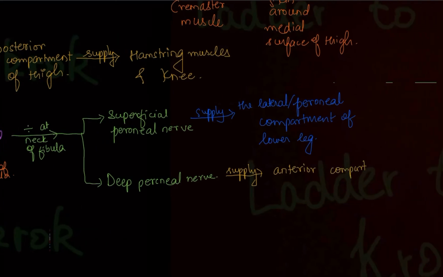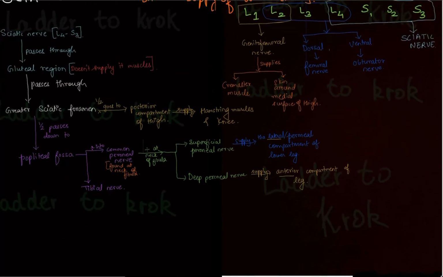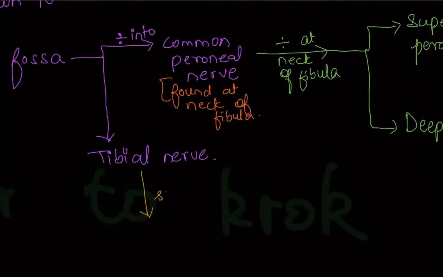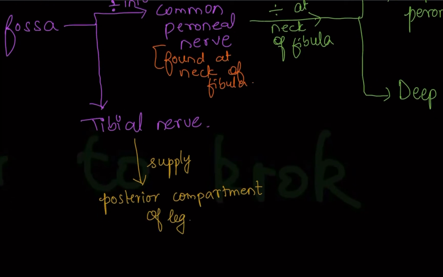When we were doing tibia and fibula, I told you that we will be dividing the leg into anterior compartment, lateral compartment and posterior compartment for the muscles. So right now we have done the lateral compartment. We have learned about the anterior compartment. The posterior compartment will be supplied by the tibial nerve. So all three compartments done. So now you know which nerve will supply which compartment. Whatever muscle is present in the posterior compartment will be supplied by the tibial nerve. Similarly it is the same for the anterior compartment and the lateral compartment.